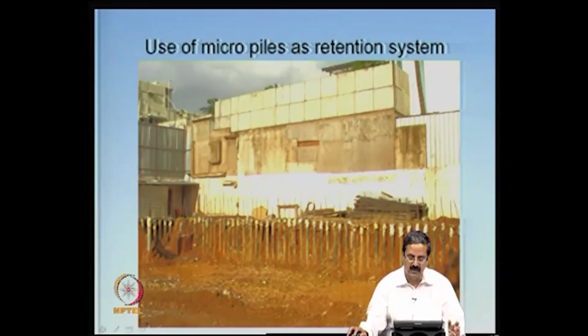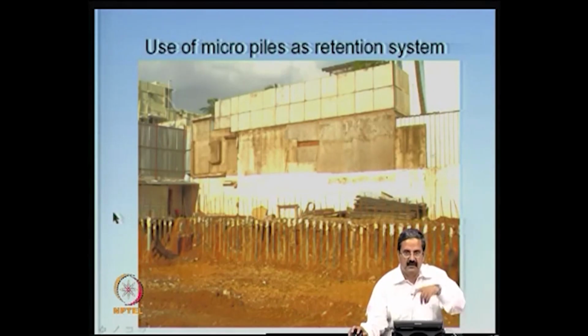So, what was done was that the way it should be done was to put micropiles first, then excavate later, because if you do anything further without stabilizing, it leads to a lot of problems. Even if you excavate a bit, say 2 meters, it could lead to collapse. So, the first step would be to put micropiles in the surrounding area, suppose it is about a 50 by 80